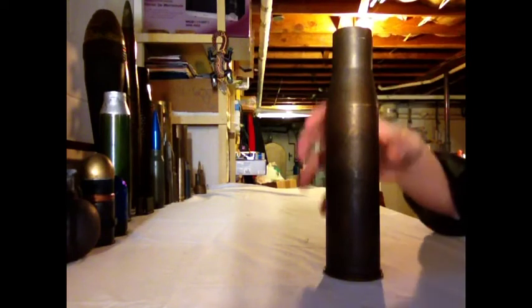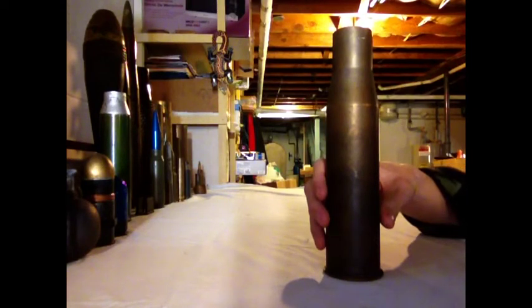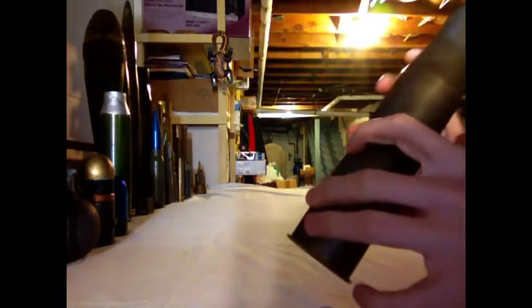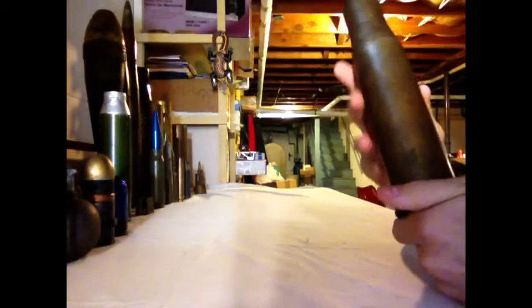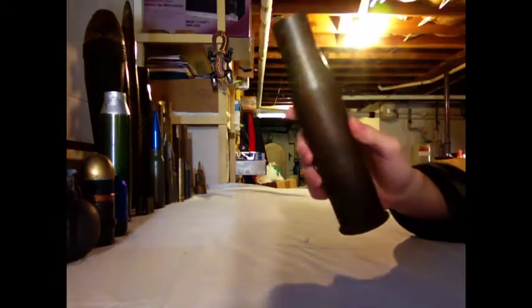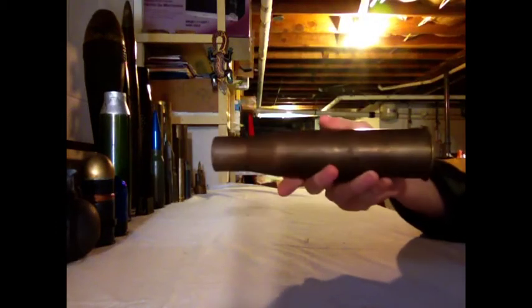What we have here today is a relatively common 37 by 223mm rimmed cartridge. This was used in the 37mm M3 gun in World War II and Korea. It's a relatively powerful cartridge, however, it was originally designed to be an anti-tank gun, and it was fairly unsuccessful